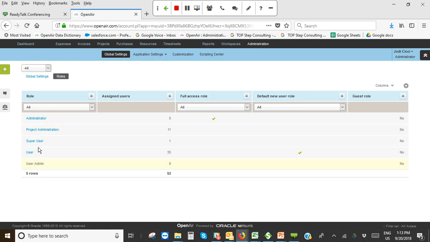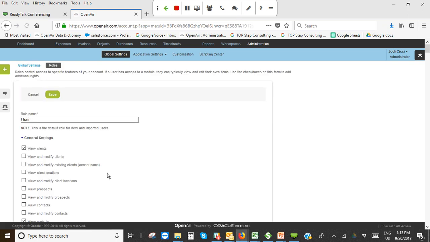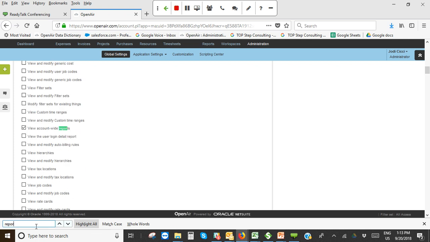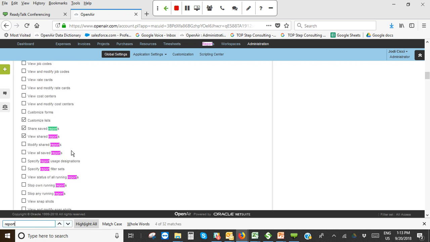So if I look at it like a user role, there's a few key values that I kind of highlight when we think about subcontractor access. One of them is reports. So do you give them access to modify reports? And if you do, then they have the ability potentially to try and pull a report that gives them access to more information than you desire. So you could certainly share some reports with them that you've created, but I wouldn't necessarily give them the ability